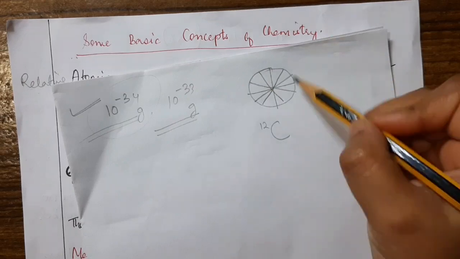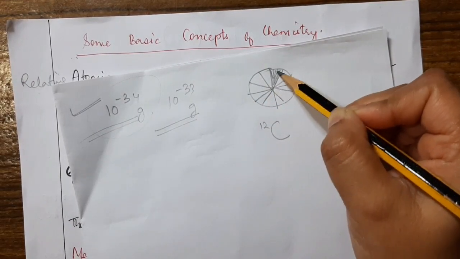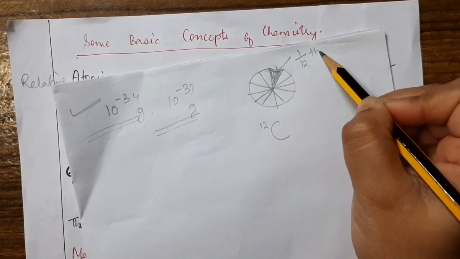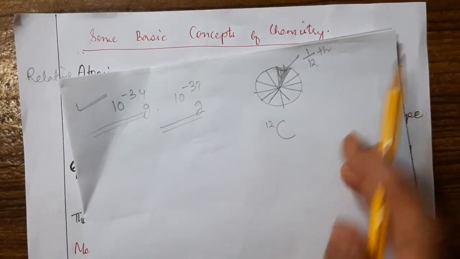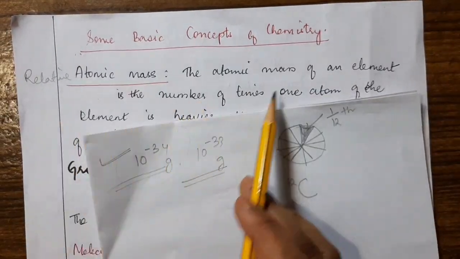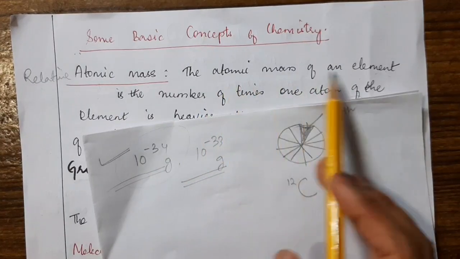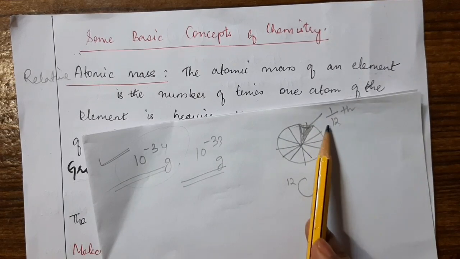Out of these, just one part here, I'm shading it. This is the 1/12th part of this carbon atom. So relative atomic mass would be how much that atom of the element is heavier than this part, the 1/12th